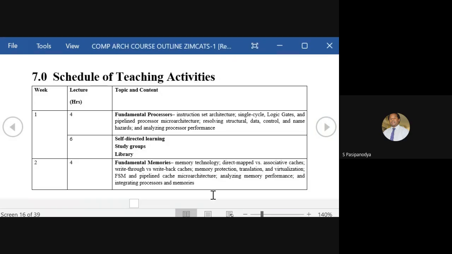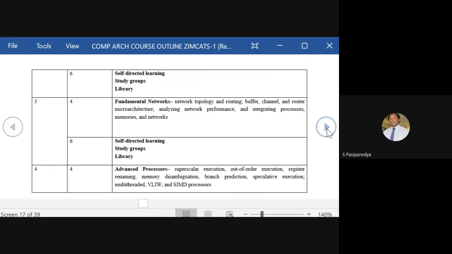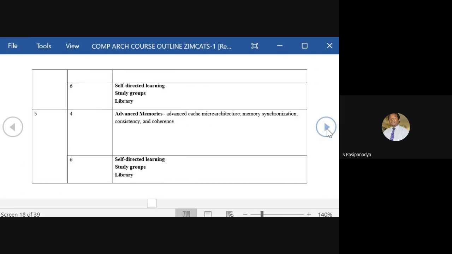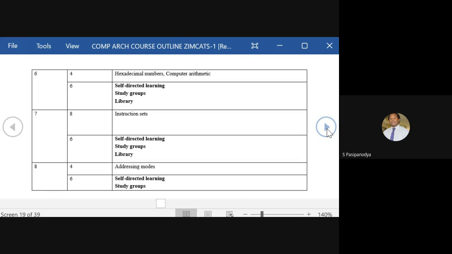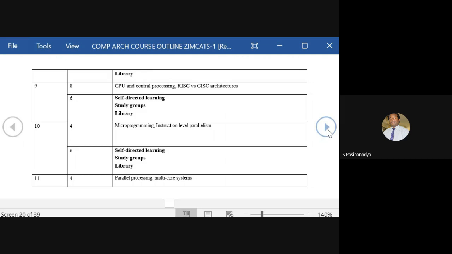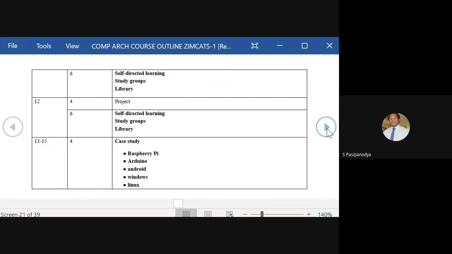Fundamental memories. And then as the weeks progress, we're going to go into networks, advanced processors. We're also going to go into advanced memories, hexadecimal arithmetics, instruction sets, instruction set architecture, computer addressing, RISC versus CISC architectures, microprogramming, parallelism, and we might actually have